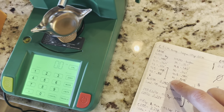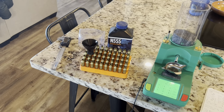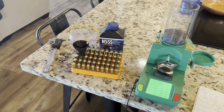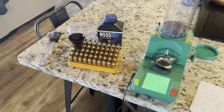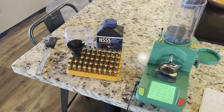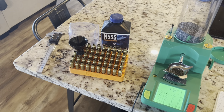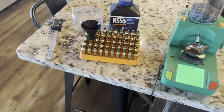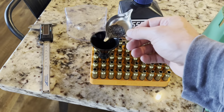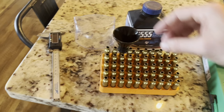What I want to do is circle back and see how this performs in a hunting application with a dedicated hunting bullet. So I'll be loading these up with the Speer 140 grain Gold Dot. It's really close in overall weight, but the length is slightly different. I just want to see how this similar charge weight range performs in a completely different rifle. It's the same brass, actually. I've been using this Lapua brass